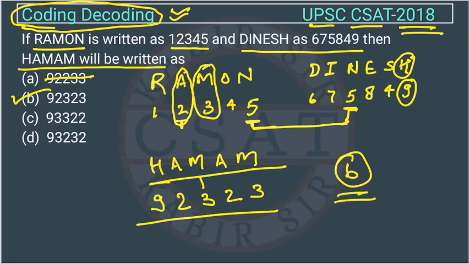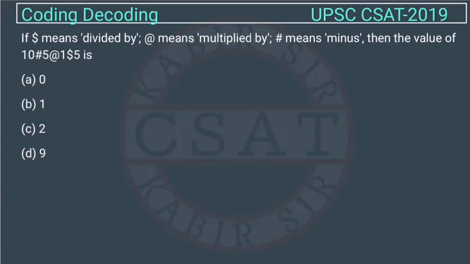I hope you all have understood this. If you still have some issues, you can connect with us and I will explain this question to you personally. This is a reasoning question from the chapter Coding and Decoding, asked by UPSC in their CSAT paper